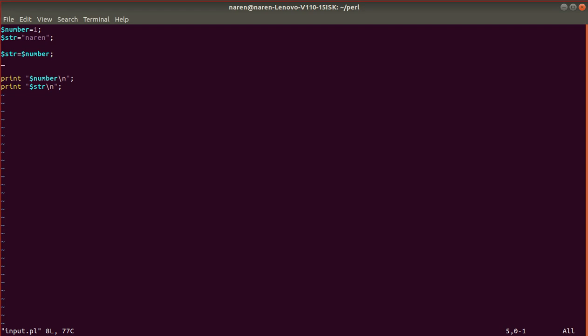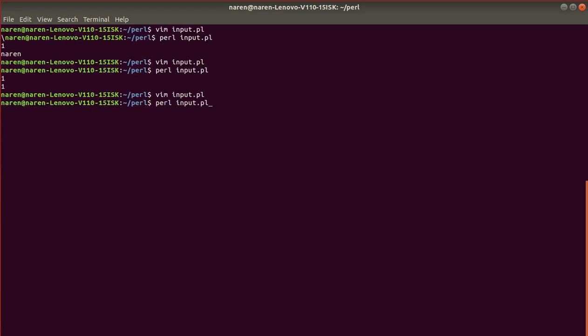Let me do one more thing. Insert number equal to dollar str. Let me comment this. So here we can see it's printing two Naren.